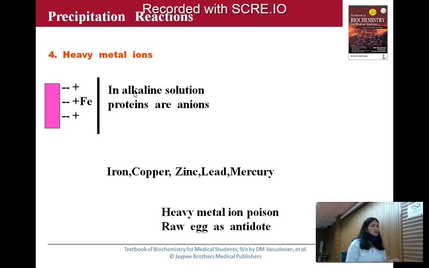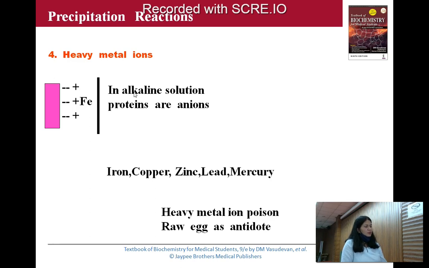So in any estimation, whether it is a urea estimation, an estimation of sugar, estimation of glucose, or estimation of creatinine, the first step is to remove the protein. That protein is removed either by adding an alkaline solution or by adding an acidic solution. For example, in case of estimation of creatinine, you are adding the acidic solution, that is picric acid. So the reason for adding the picric acid is you want to remove the protein so that it does not interfere with the estimation of creatine or creatinine.